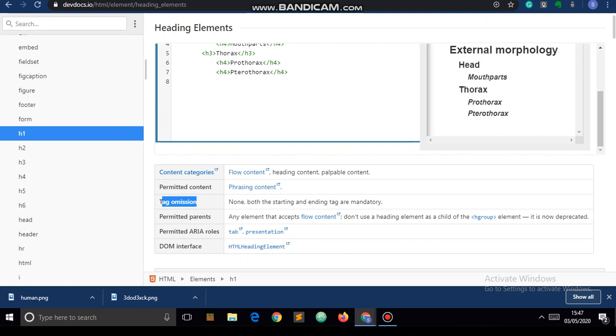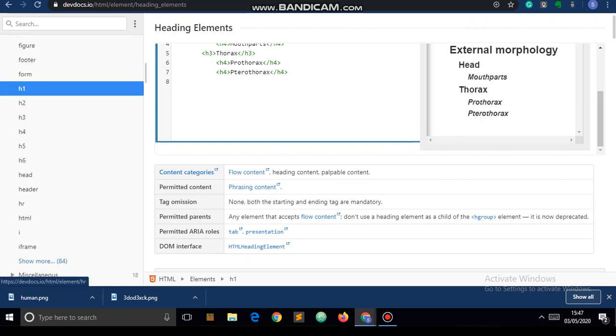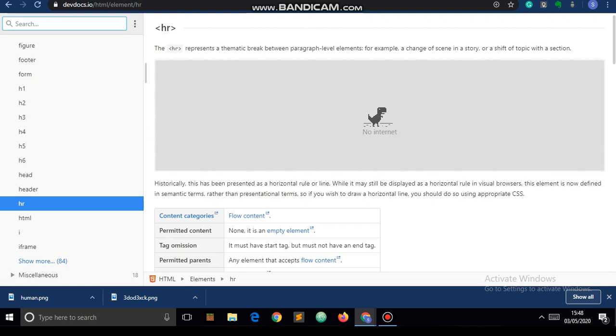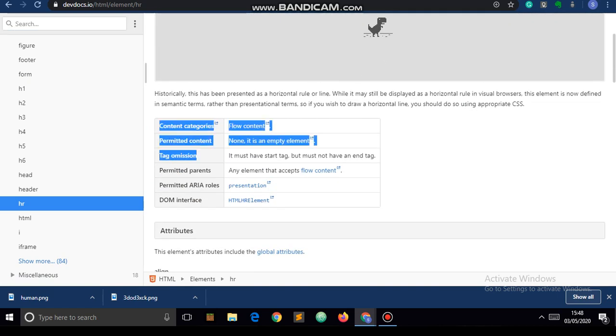Both the starting and ending tags are mandatory, meaning it is not an auto close tag, it requires both starting and ending tags. And if you go to the horizontal rule tag, the hr tag, in the tag omission you can again see it must have a start tag but must not have an end tag, so it is not mandatory to have an end tag.